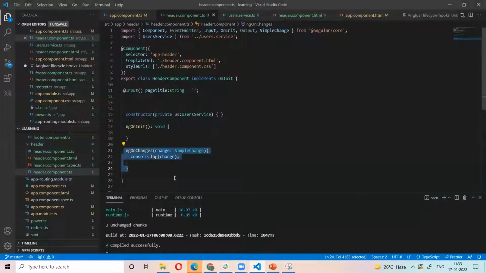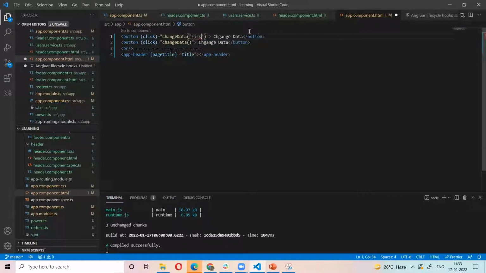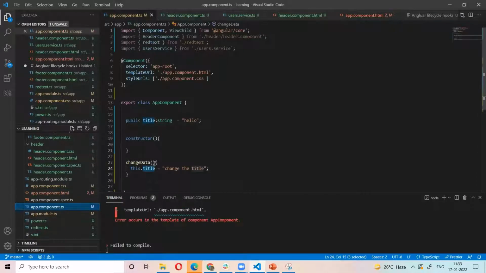For example, I put in another button and call the same method, but this time I pass in arguments. The first time I pass in the first data, now I pass in the second data. Whatever arguments I pass, I need to mention here in the arguments, right? So this is the data I am assigning.